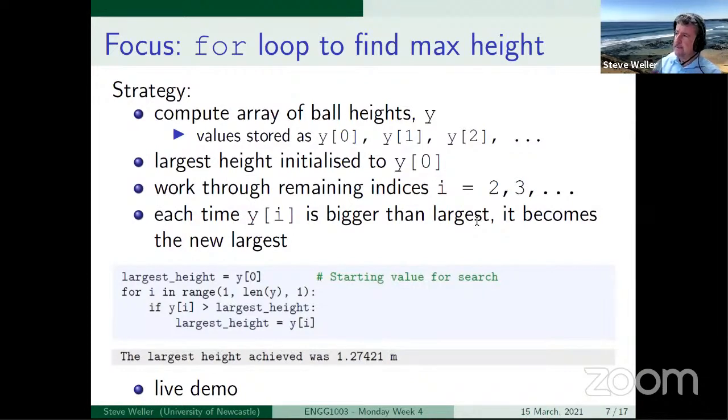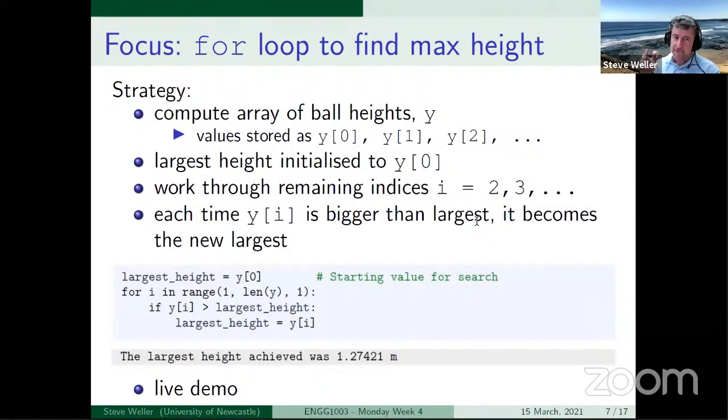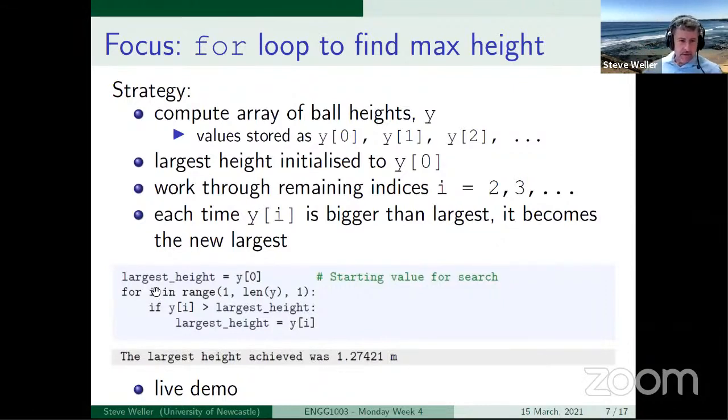I'm separating the thinking of the process from the actual code that implements it. So now we've got the strategy in mind. Let's look at the code. We initialize a variable called largest height equal to Y0. That's the start value for our search. It won't stay the largest value for very long because it takes the value 0 and we know the ball goes up. But we've got to initialize it somewhere, and we're going to use a for loop